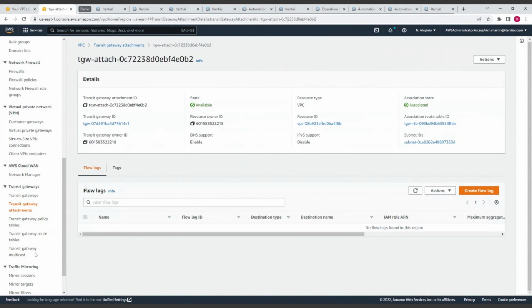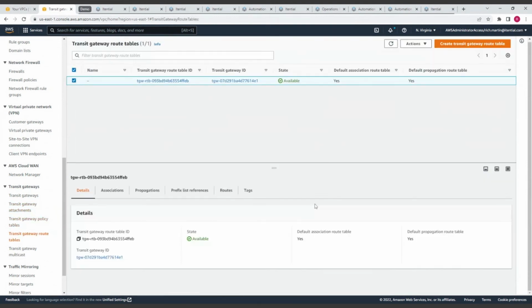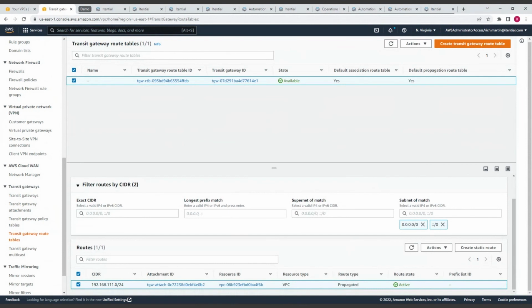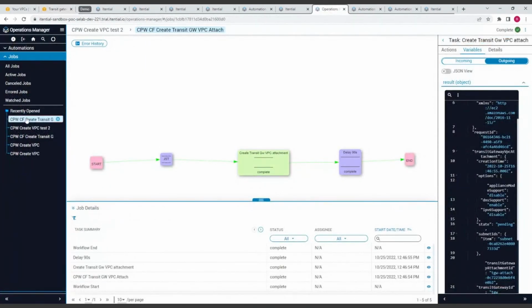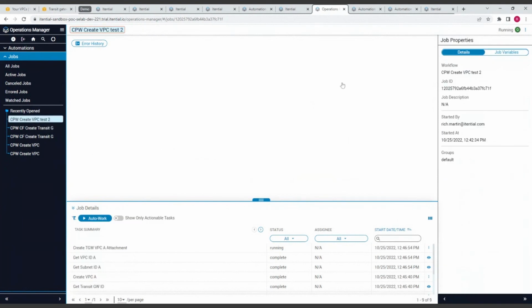And if we look at the routes now, the route table for the transit gateway, we should see the route up and propagating. Yep. So that's our first VPC. So we created that, provisioned that net new, did the subnet that was required for it, and now attached it. So now it should be continuing on to, let's go back to the child job,